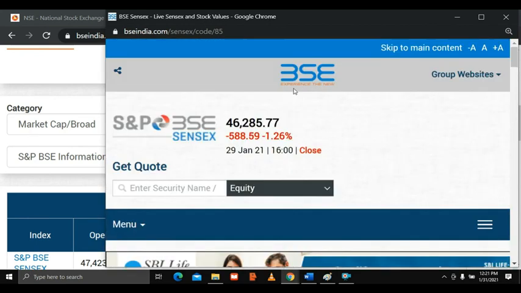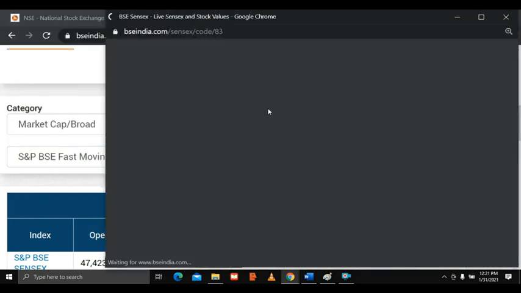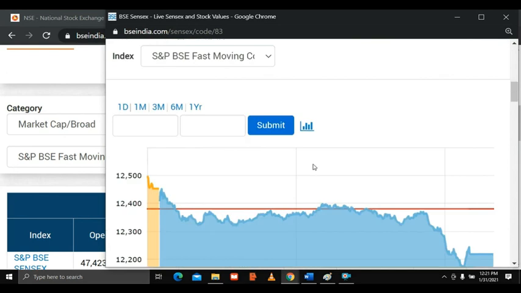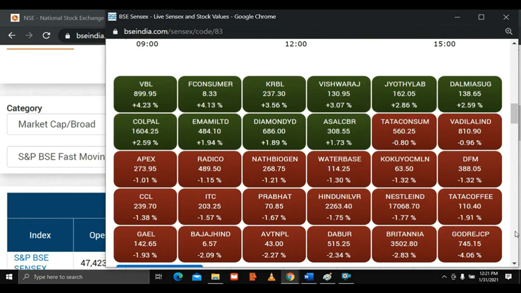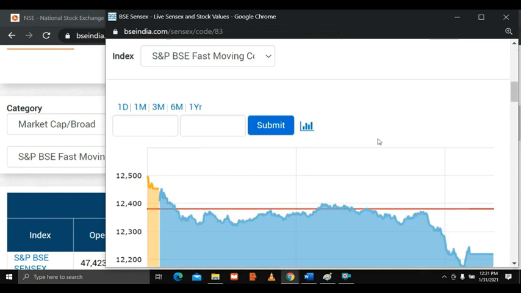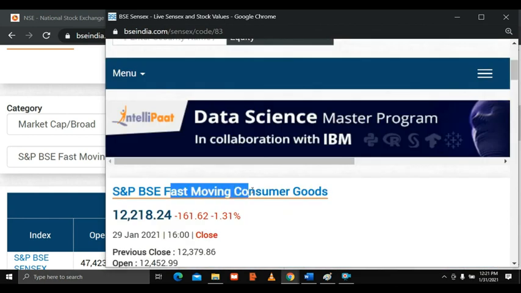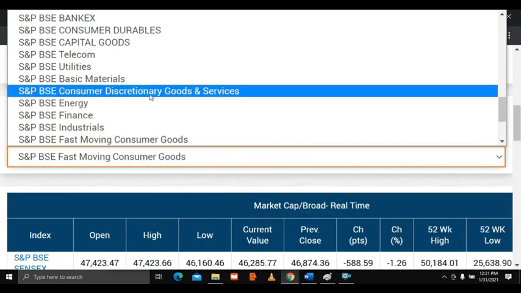Similarly, if I go back and take, for example, FMCG, what all will come? Hindustan Unilever, right? Look at this, here you can see Dalmia Sugars, Hindustan daily needs. FMCG means the goods you use regularly, right? So that sector: Tata Coffee, Nestle India, Britannia, Godrej CP is there, right? These FMCG stocks under one index are called the Fast Moving Consumer Goods index, the BSE FMCG index. If you want other indices, you can check, for example, Bankex.